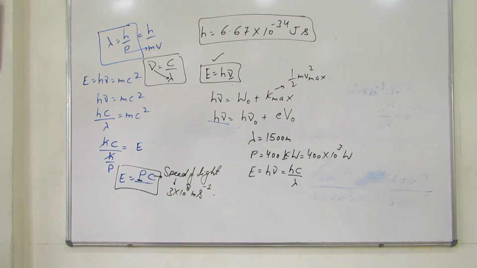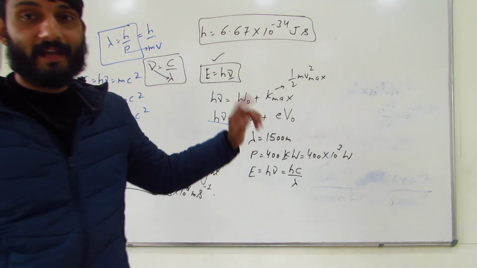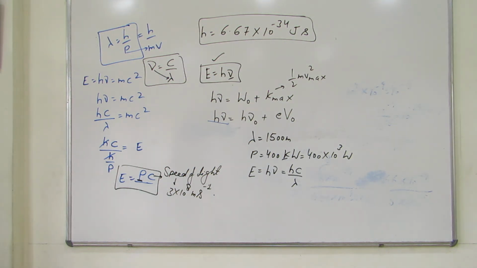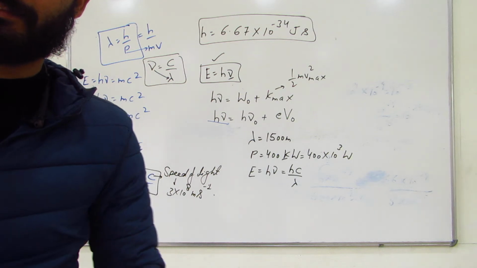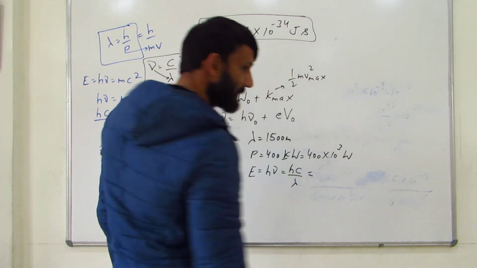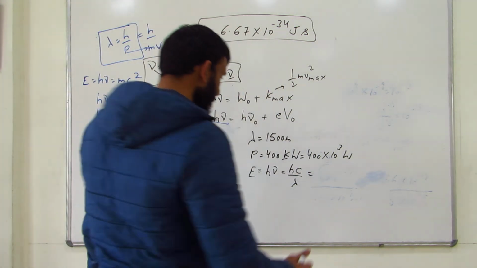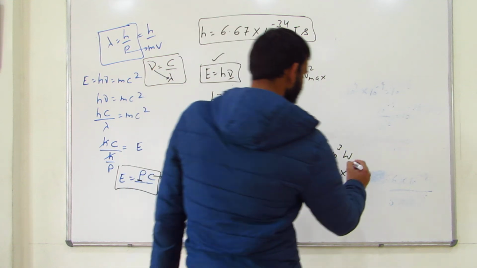So use the value of H to be 6.67 or 6.6. I think mostly in your this thing they are using. Okay, you need not get confused about whether to use 6.67 or 6.6, because that would be given in your question paper, what value you have to basically take, right? So don't get confused. Whatever is given in the question paper, like 6.67 is given, you can use 6.67. 6.6 is given, you can use 6.6. Whatever is given. So if you try to solve this again, very simple, I hope you all will be able to do this. The answer would be 1.32 after solving into 10 to the power minus 26 joule.